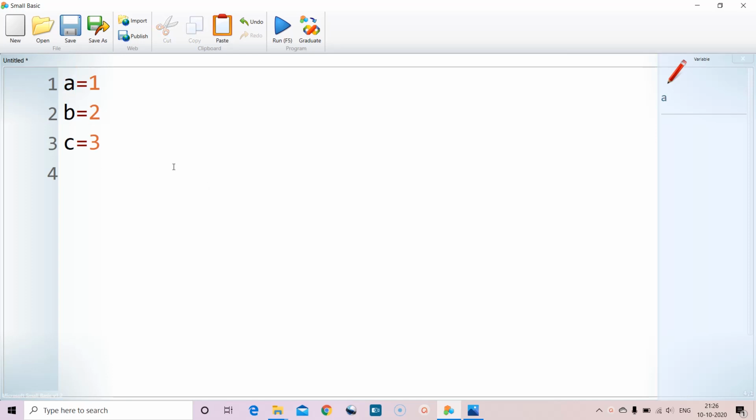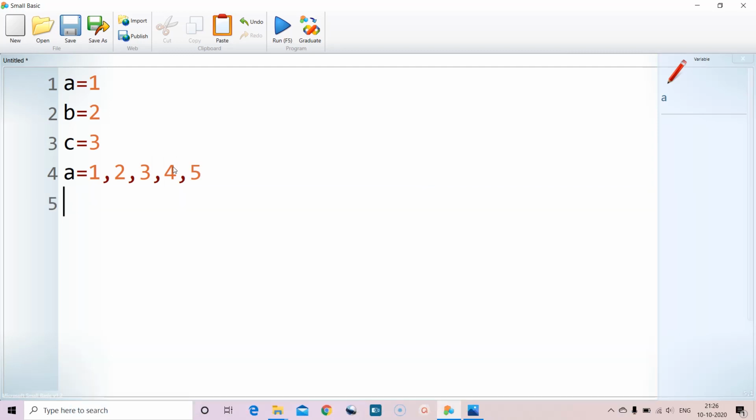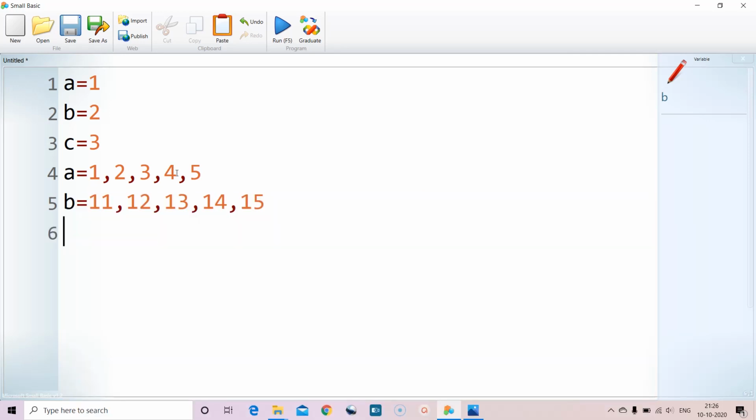For example, I want to store A is equal to 1 2 3 4 5 numbers, B is equal to 11 12 13 14 15, something like this. For example, A is my name.